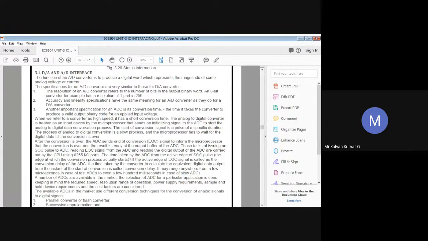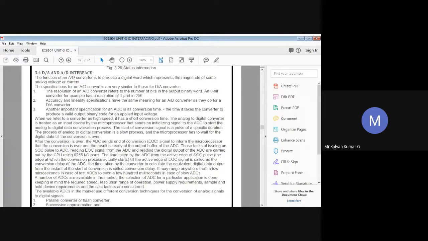Okay. So there is some trade-off between these two techniques, based on parameters like accuracy and speed. The successive approximation and flash type, as the name indicates, are usually much faster, but less accurate. So as I said, there is a trade-off. Successive approximation and flash type A to D converters are faster but less accurate compared to integrator and voltage to frequency type converters. And moreover, the flash type is costlier even compared to other types.